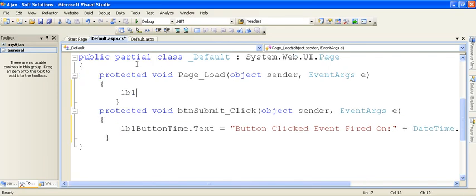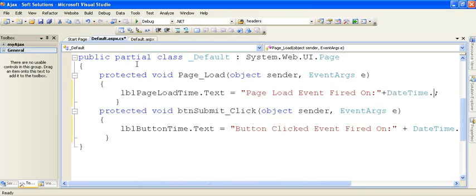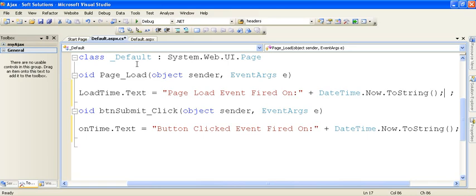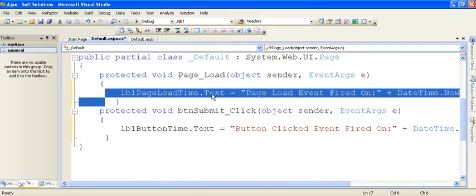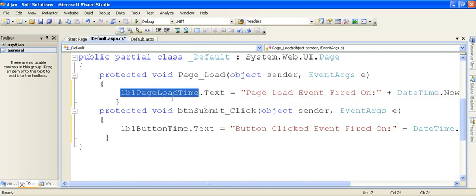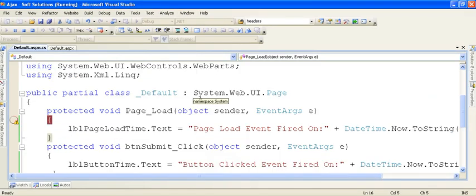Similarly, on page load, we will write down the code lbl page load time dot text is equal to "page load event fired on" datetime.now.toString. Now this line of code will print the current date time in the label page load time. Now run this code.